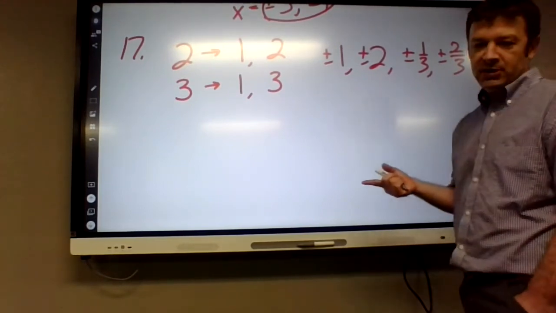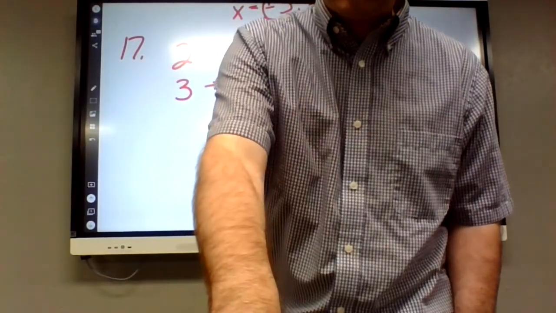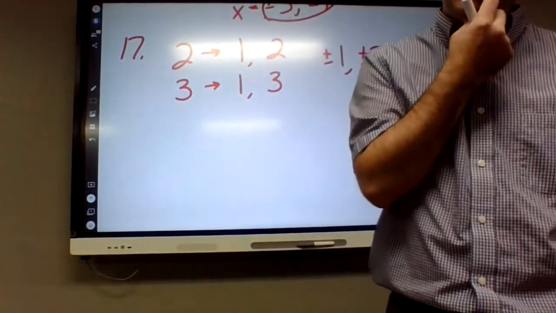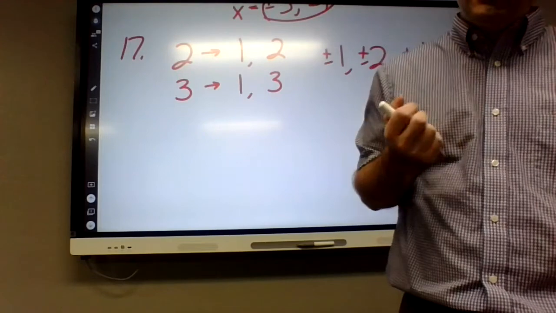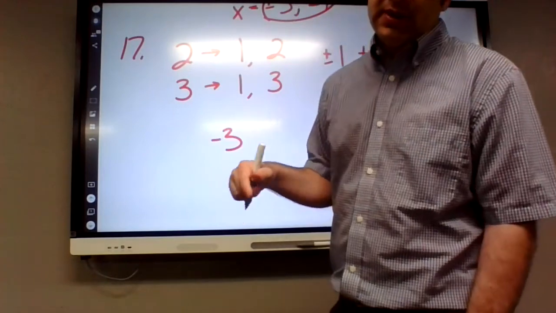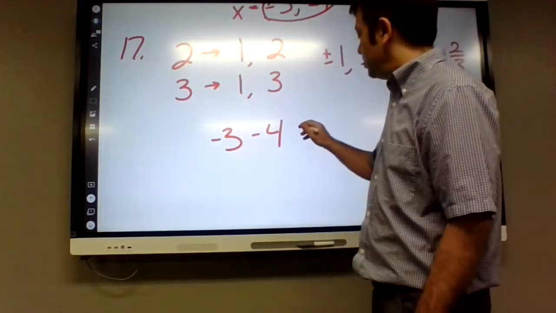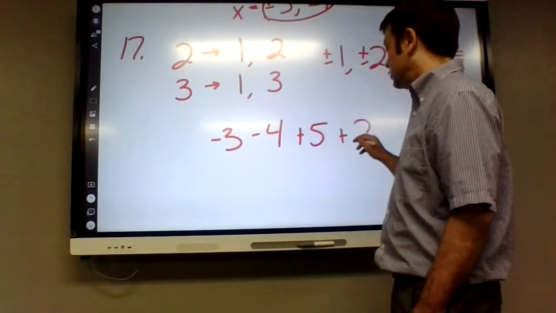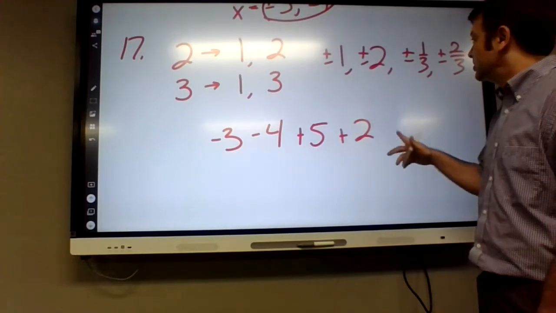Okay. I didn't write down the problem. If we plug in 1, would it work? 1's easy just to plug in normally. So if we plugged in 1, it would be 3 minus 4 minus 5 plus 2. I don't believe that would add up to 0. If we plugged in negative 1, we'd get negative 3, negative 1 squared, positive 1 times negative 4 is negative 4, minus 4 plus 5, negative 5 times negative 1, plus 2. Does that equal 0? Okay, negative 1 is going to work, which is good news. I'll have to keep checking all these.